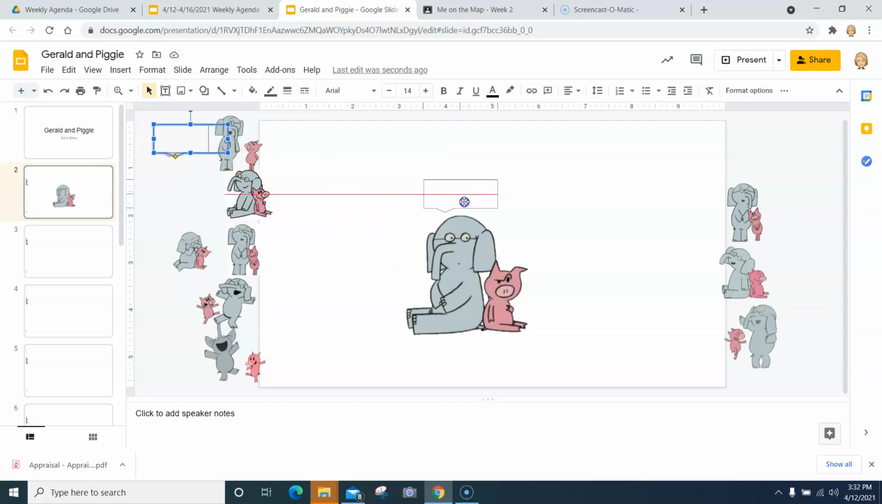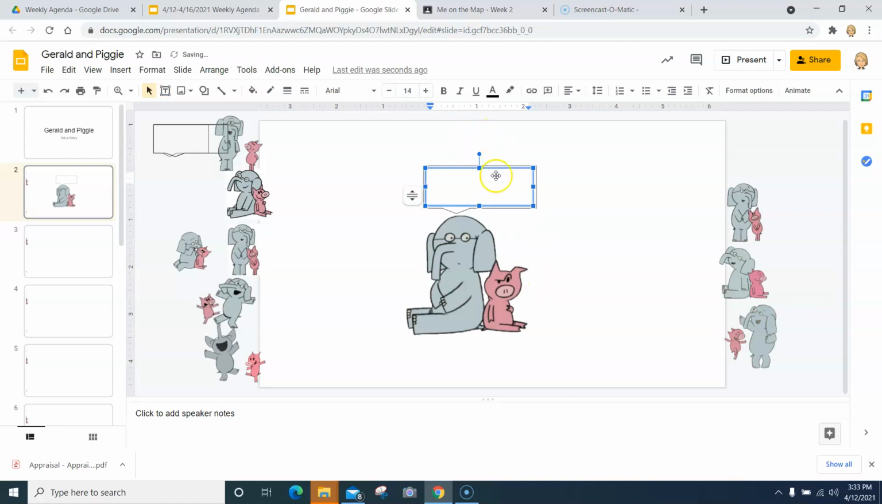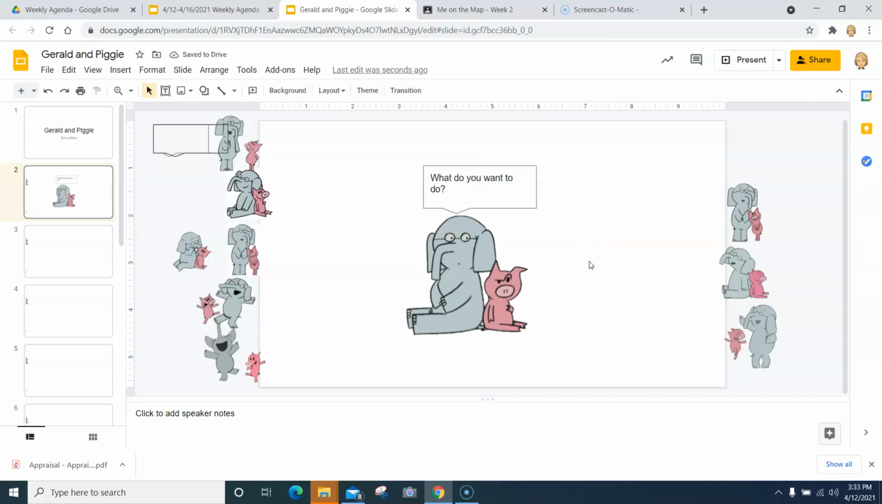So I'm going to use my little call out box and I want to make it bigger. So I'm going to stretch it. And I need to put a text box in here. Well, we know to make a text box, we go up here to where it says text box, and we click on it, and then I'm going to fit this right inside the call-out box. And I'm going to type, "What do you want to do?" question mark. And Piggy is thinking,